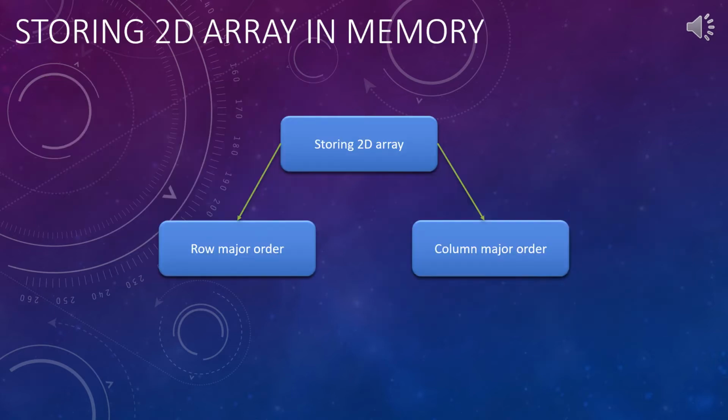Now we already know that an array has sequential memory allocation. But in the figure which we saw previously, that of a 2D array, it is very difficult to imagine how this can be sequential memory allocation because it has rows and columns. So to serve the purpose, a 2D array is basically stored in two ways. First is known as the row major order and second is known as the column major order. We will see both of these one by one.